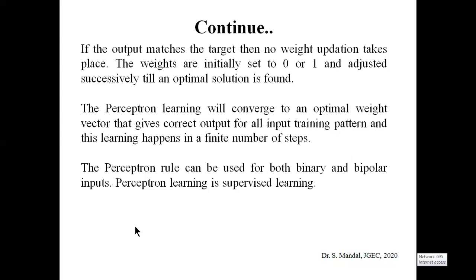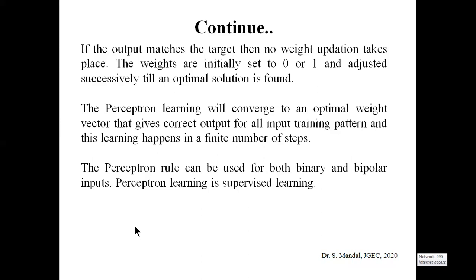And it should be remembered that after the perceptron learning process, it will converge to an optimal weight vector that consists of weight and bias values also, so that we can get the correct output for all input training patterns. And this process will be continued for a finite number of steps until you get the desired accuracy. And remember that the perceptron rule can be used for both binary and bipolar, and perceptron learning is supervised learning